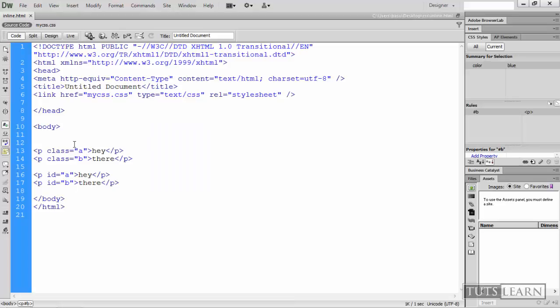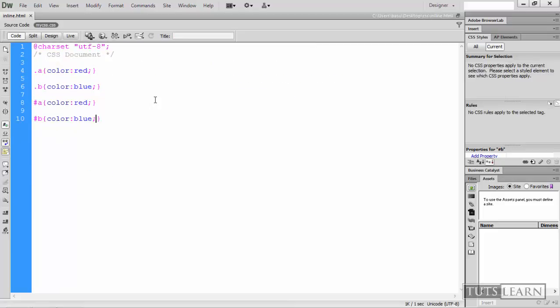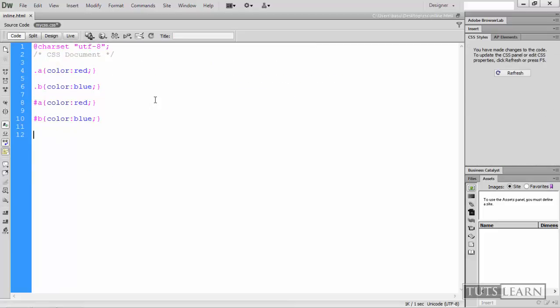So now what's the difference between classes and IDs? Why use two different concepts while they are working in the same manner? Well, you can use more than one class for only one element, whereas in the case of IDs you can't use two different IDs in the same element. So let me take a